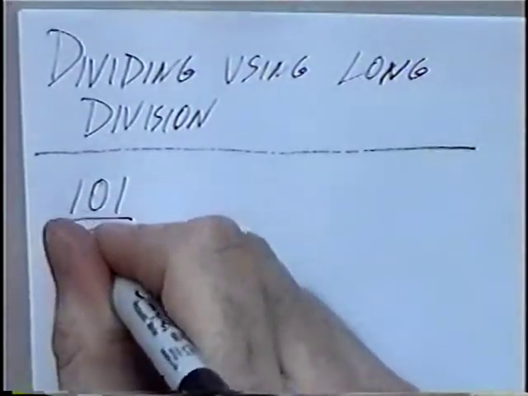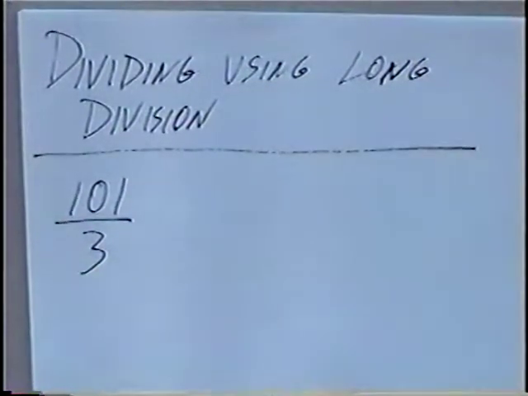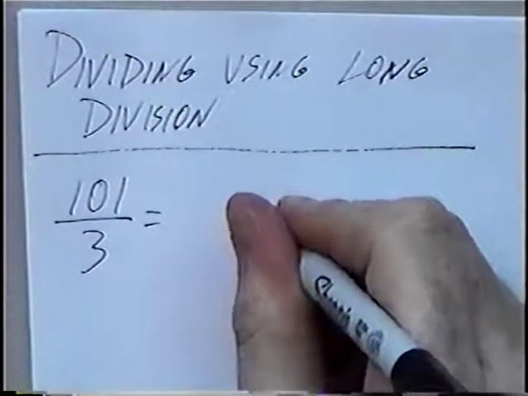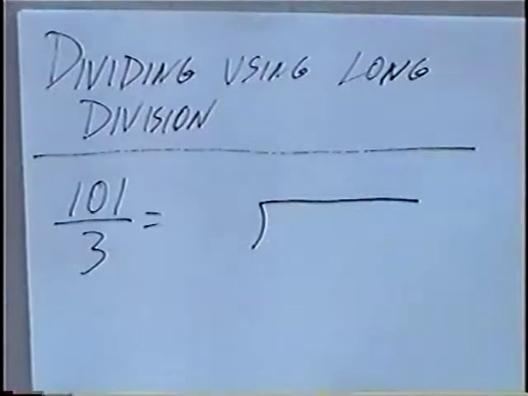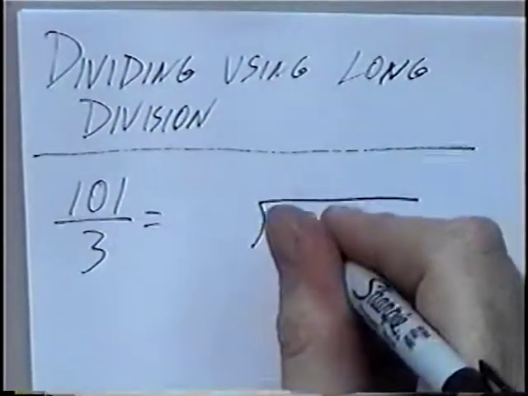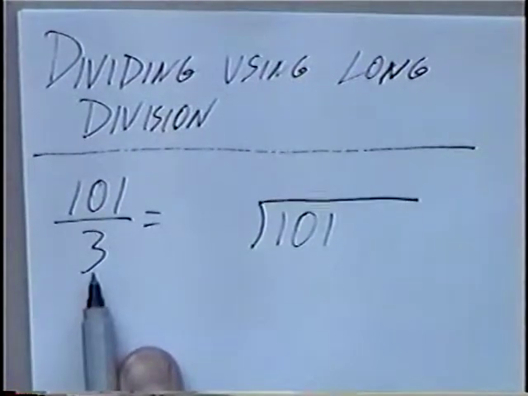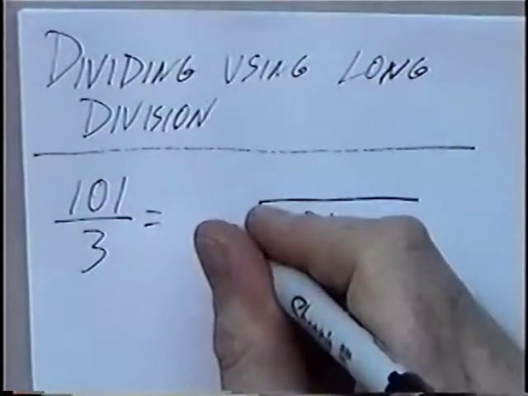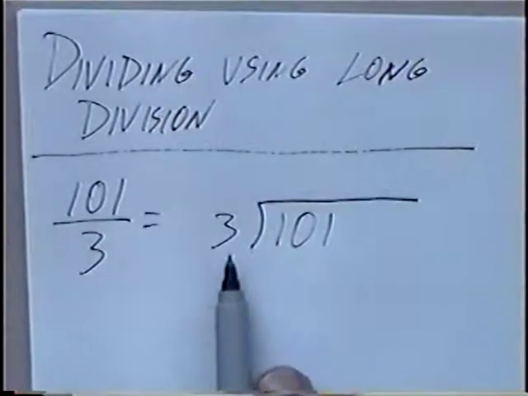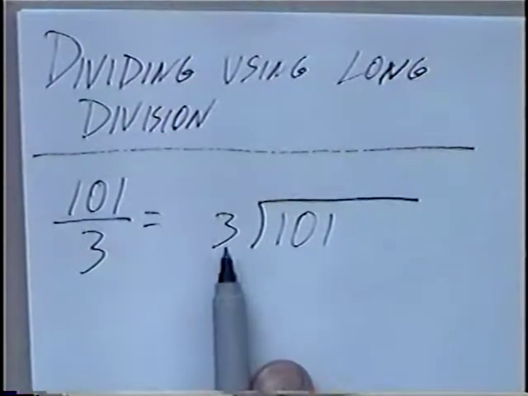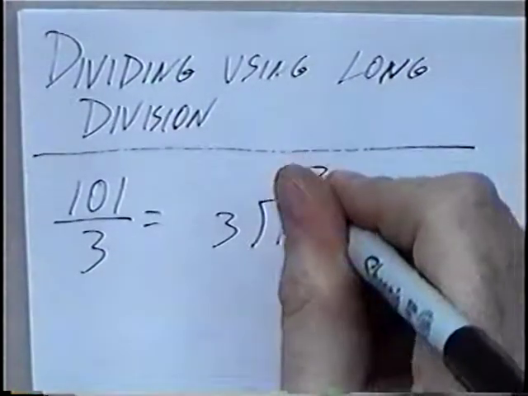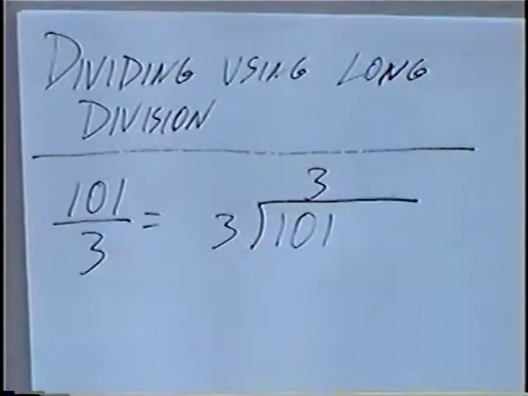101 divided by 3. Taking these two numbers, we can divide them using long division. If you remember, for long division, the number that goes inside is the numerator, which is 101, and the number we're dividing by, or the denominator, goes outside the dividing sign. Dividing from here, 3 doesn't go into 1, but 3 will go into 10. 3 goes into 10 3 times, and then we'll multiply